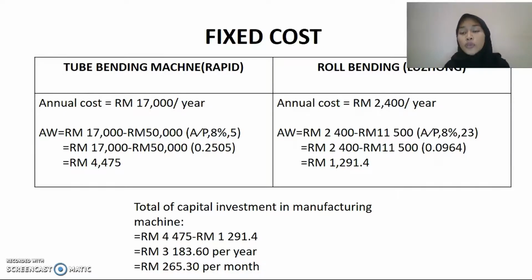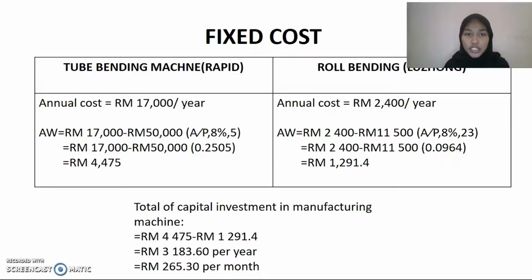After that, we find the value of (A/P, 8%, 5) in the table, and the answer is 0.0964, and the annual worth is 1,291.40. So the total capital investment in manufacturing machines is